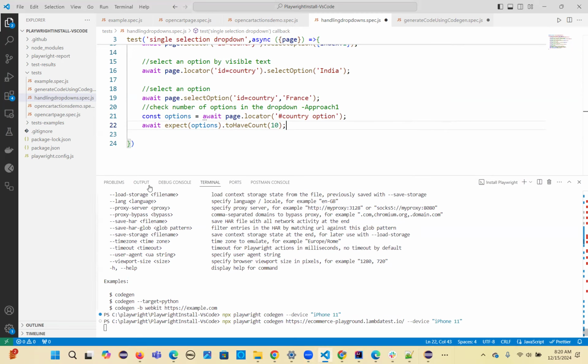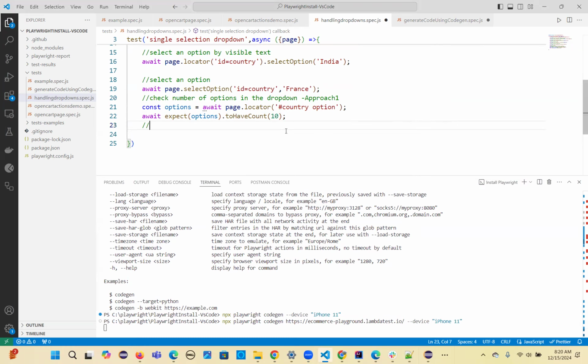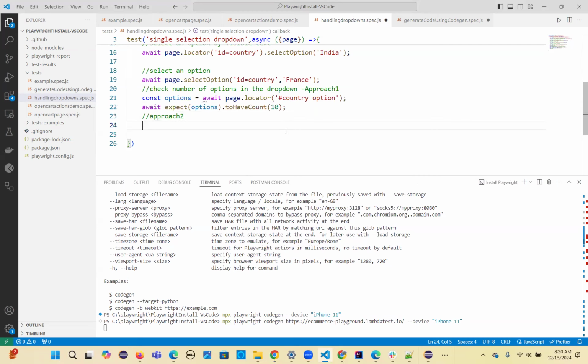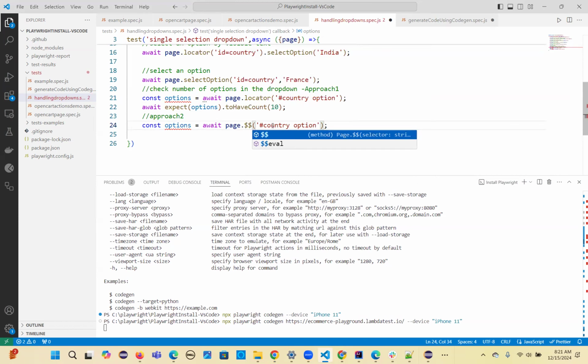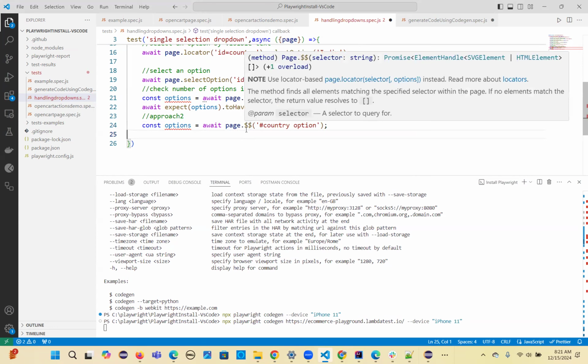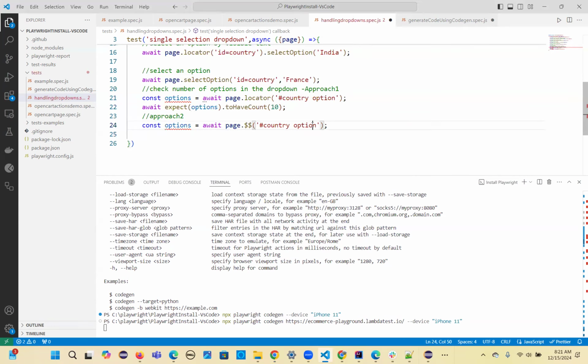So let me show you approach 2. As I mentioned already, approach 2 is you can use page dot dollar dollar, right? The same, you don't need to write a locator. So I'm going to use a similar one, but I'm not going to use a locator. Page dot dollar dollar, and the locator which gives all the options. So I can put options 2, and then